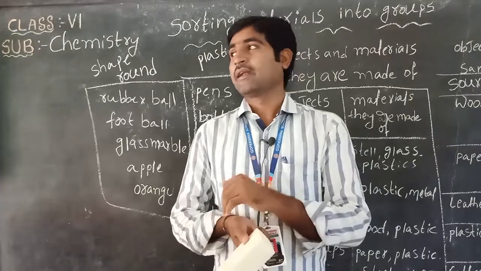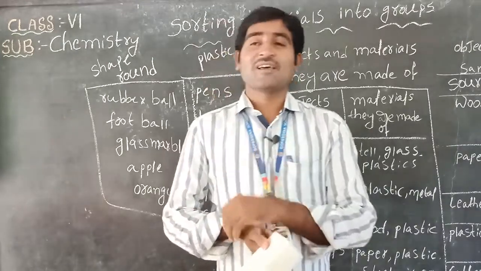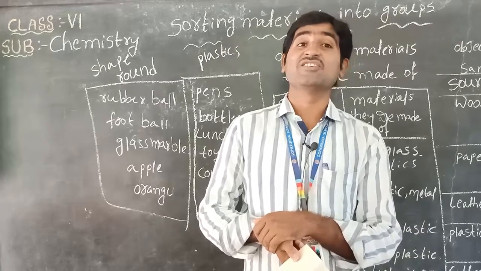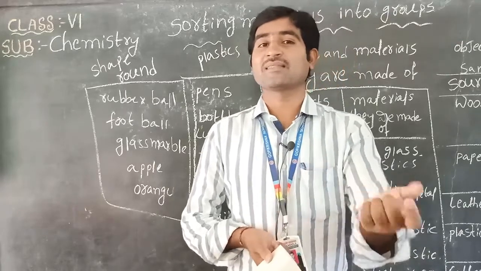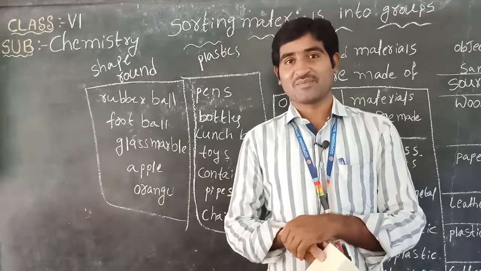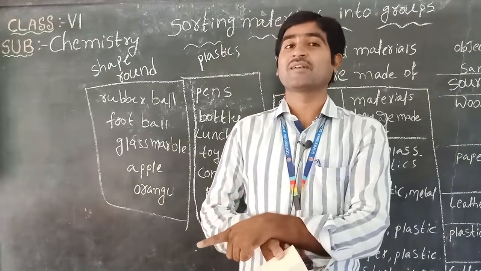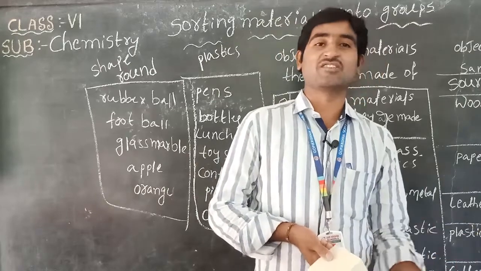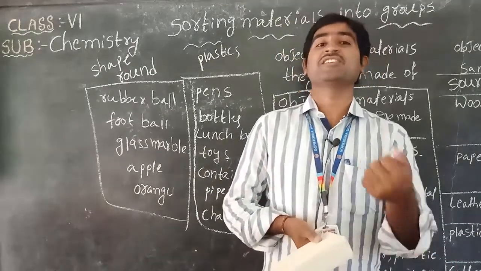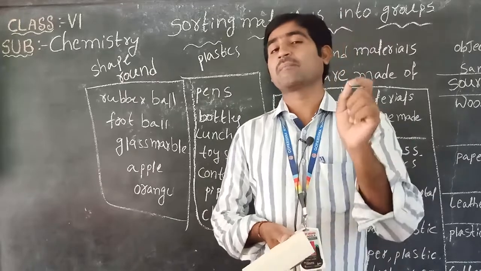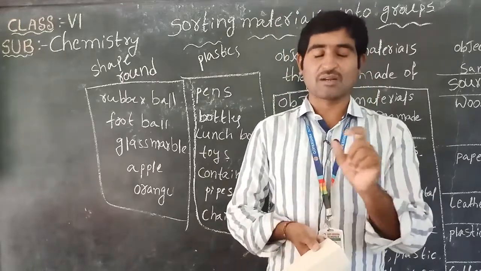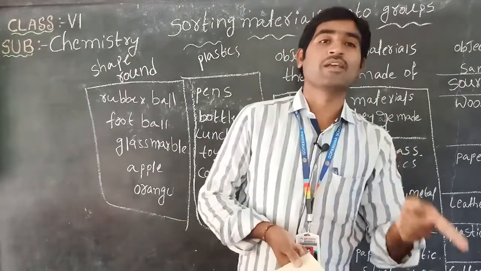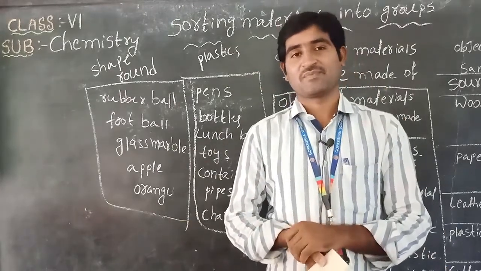Have you seen that? Next, have you seen the lunch box? What source is used to make the lunch box? Plastic. So that material is not included in our first list, because our first list is made up of materials which are made with paper or wood. So plastic materials are not included in that first list.